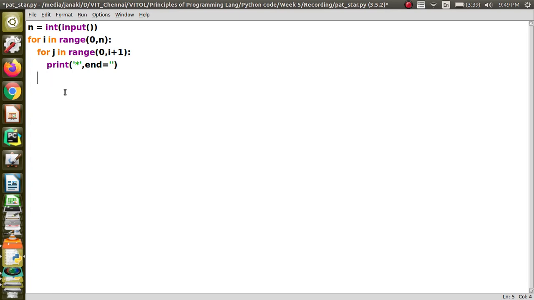So if I want to move to the next line after printing a row, then I should introduce a print. A print can also be empty. If you are just going to give an empty print, then the control will merely move to the next line and nothing else will happen. Okay, so you see that this print is outside the inner for, right? So it is outside the inner for, and this is going to make the cursor come to the next line after printing a row.